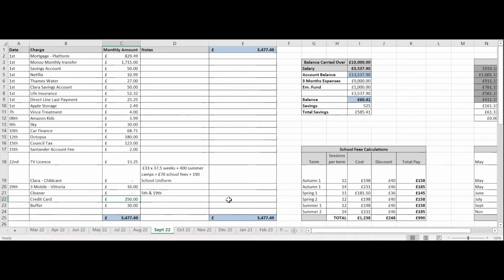Then I've got credit card, how much I'm going to be putting on the credit card for the month, and then I've got my £30 buffer. So that in total comes to £3,477.49. Now, if we have a look at the credit card,